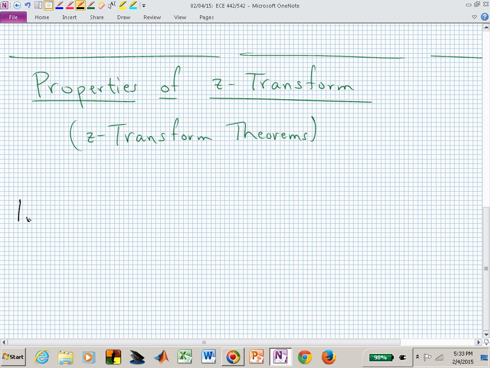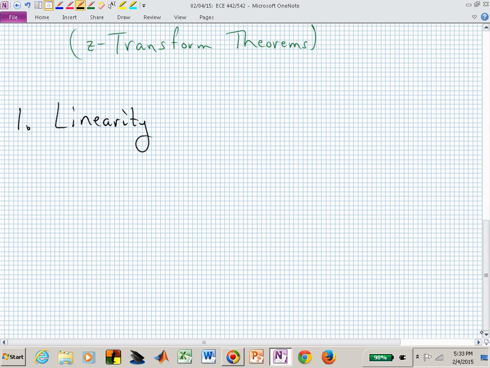The first property is that of linearity, which really just says that if you have alpha 1 times some function in the time domain, f sub 1 of nT, plus a linear combination of another function, f sub 2, then if you actually know the Z-transform of f sub 1 and f sub 2,